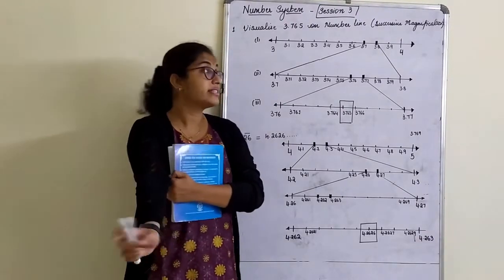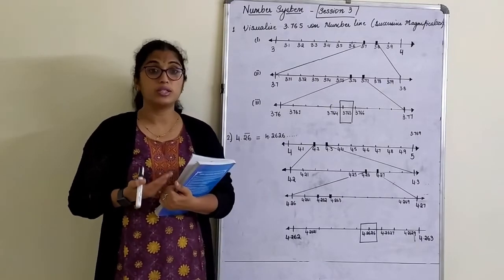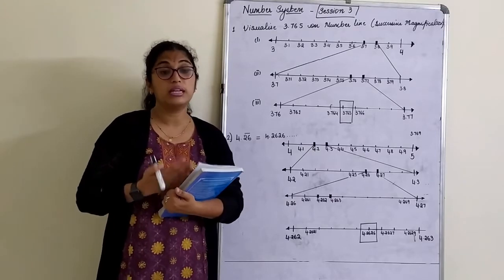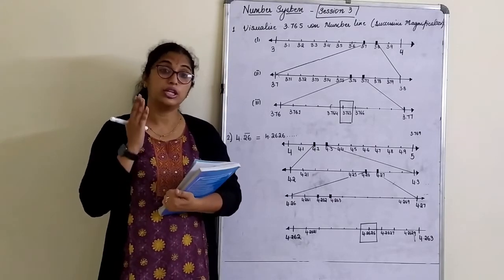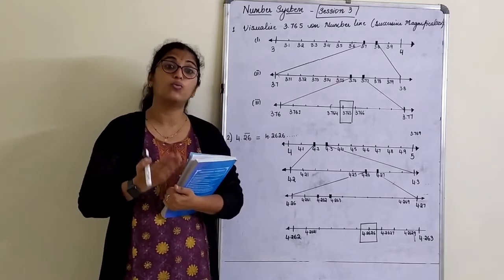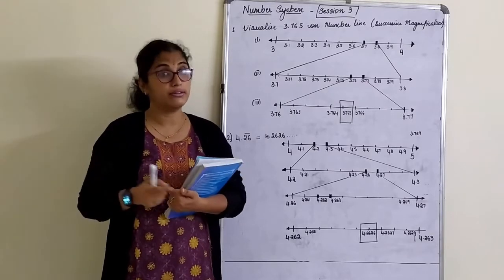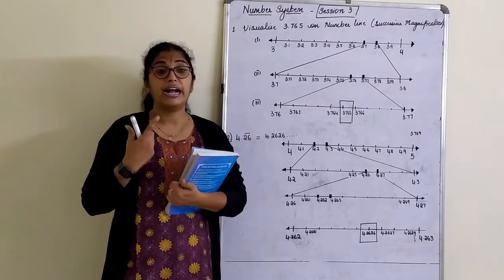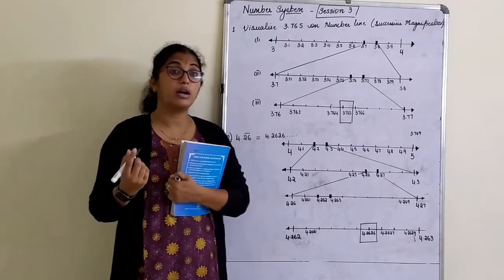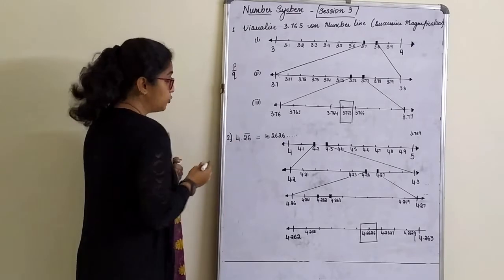Good morning. We will start session 3 on the chapter Number System. In our previous class, we understood about rational and irrational numbers, and about the division process: terminating decimal, non-terminating, and if non-terminating then recurring. If recurring, what type of recurring, whether it is periodic recurring or only recurring. Based on that, we can identify which are rational and irrational. We also understood how to write the given numbers in the form of p by q.